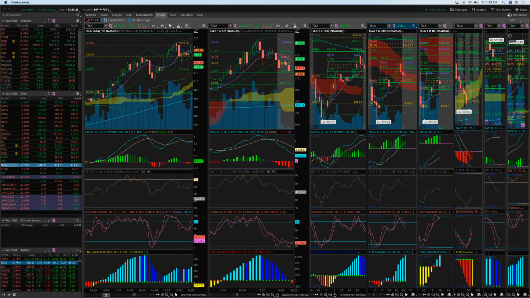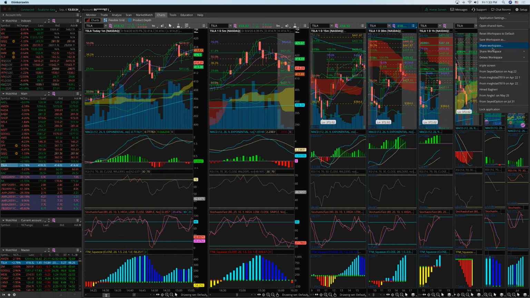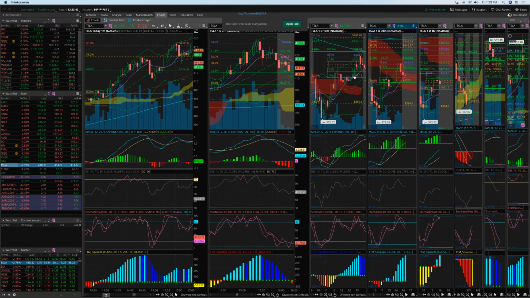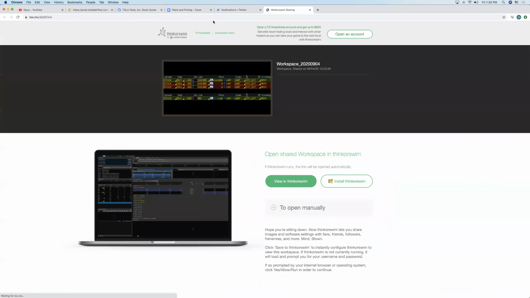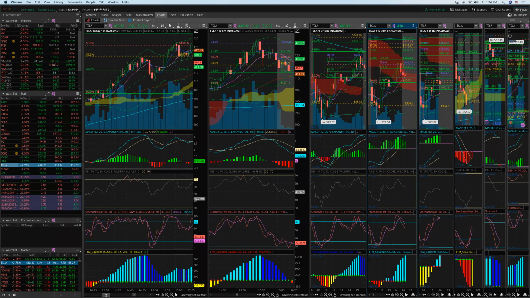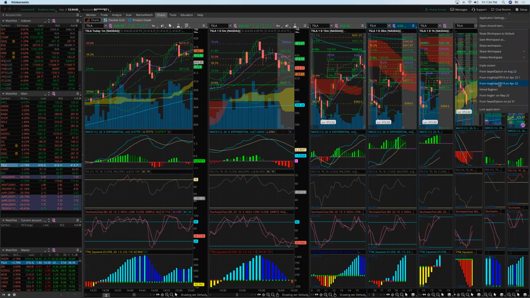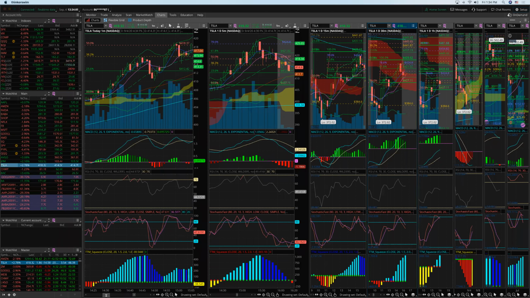Okay, can you share the Toast settings? Yeah, I'll share it right now. Share workspace. Okay, and then I'll send it to everyone. You can open my Toast. If you click on the link, it's going to open this one. Let me open it for you guys. Then it's going to add it to your Thinkorswim. This is the Thinkorswim software. It comes here, and then you can add it from here. You just load it.